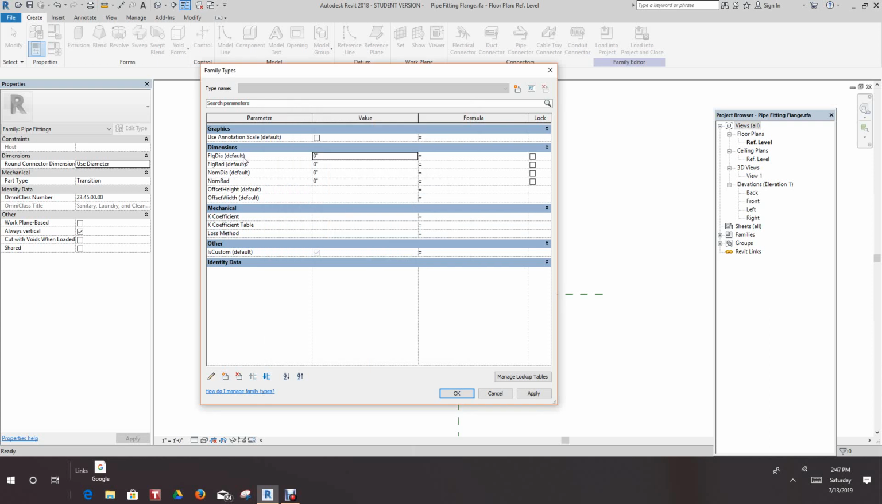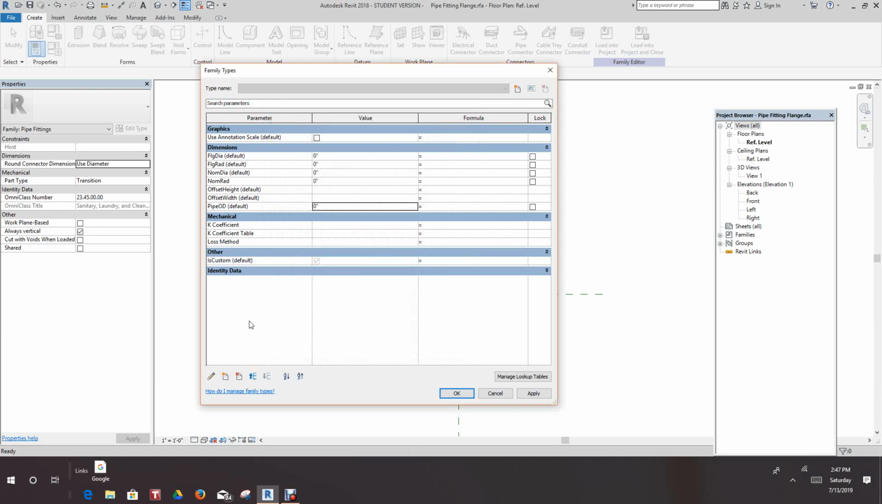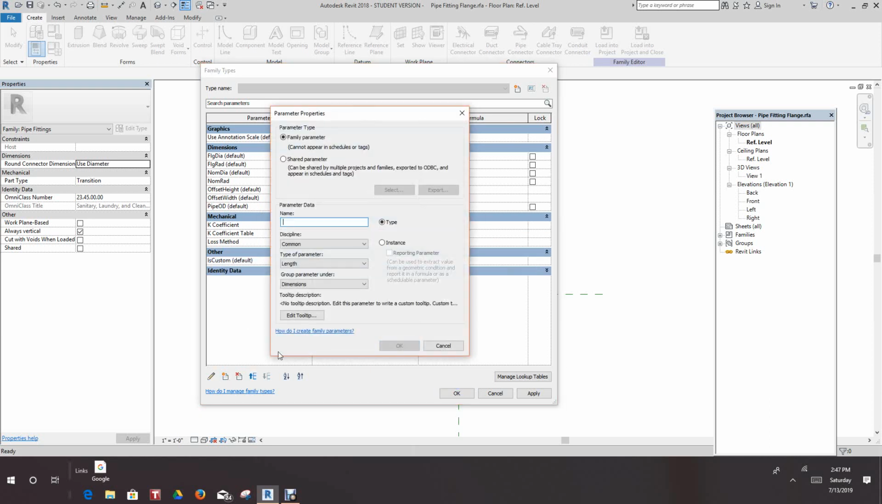Now we've got those two. Now we want a new one here. This is going to be our pipe OD. This is also going to be an instance parameter. Discipline is piping. Type of parameter is pipe size. It will be an instance parameter, and we'll say OK. Create another one. This will be our pipe